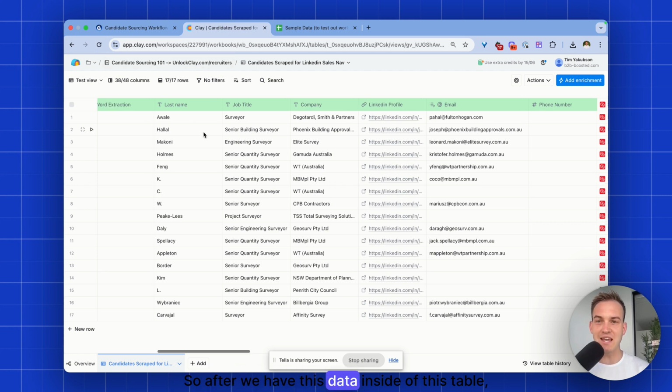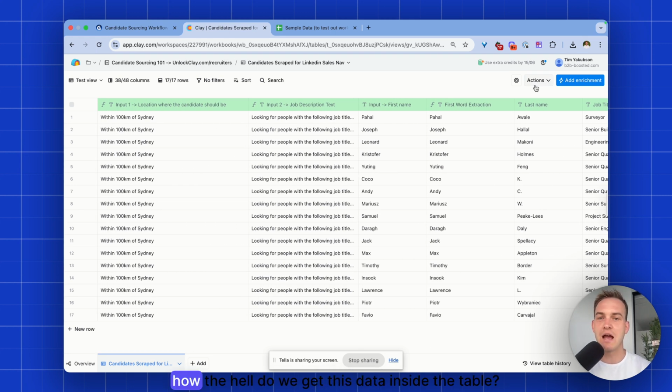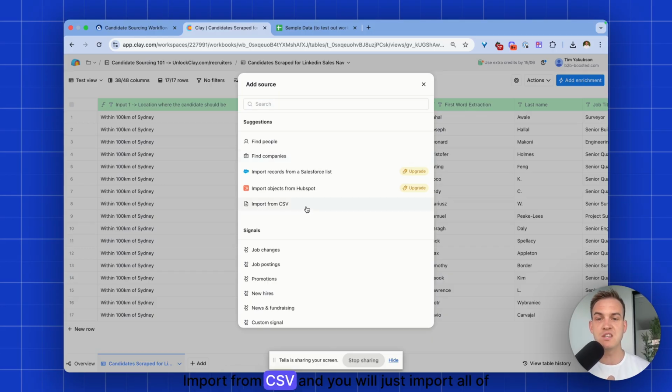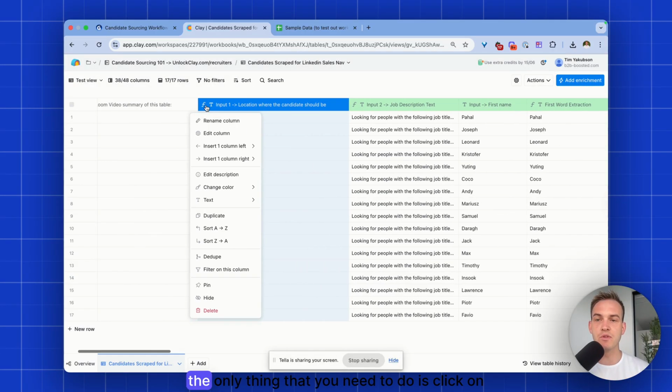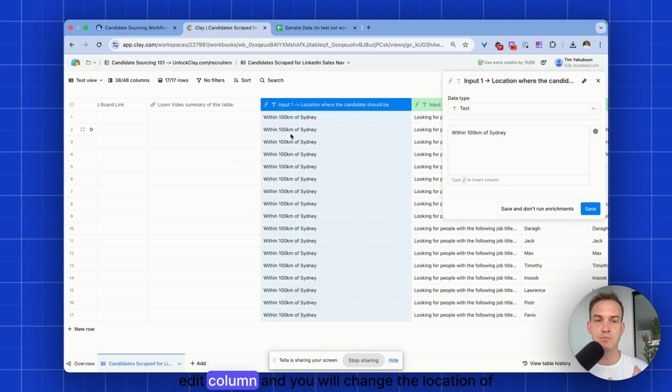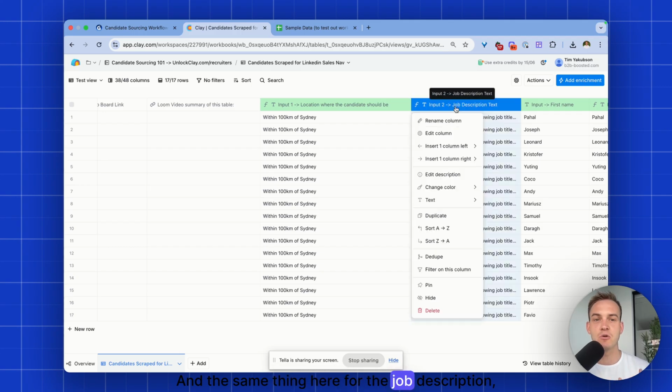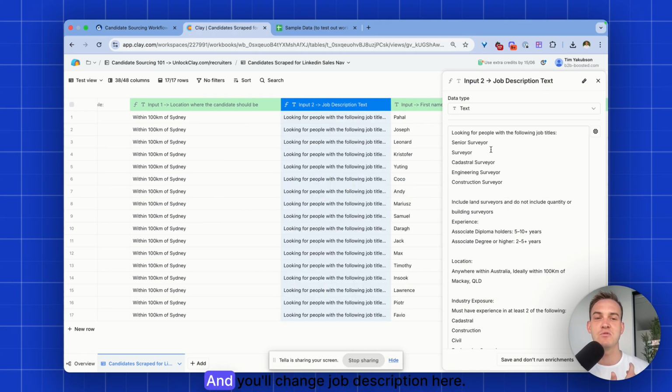So after we have this data, well, you may ask, how the hell do we get this data inside the table? And bear in mind, we're going to build this completely from scratch in this video later on. But to get the data into the table, you'll click on import from CSV, and you will just import all of this data, right? Now, when you have the data in the table, the only thing that you need to do is click on edit column, and you will change the location of where the candidate should be. And the same thing here for the job description, you'll just click on edit column and you'll change the job